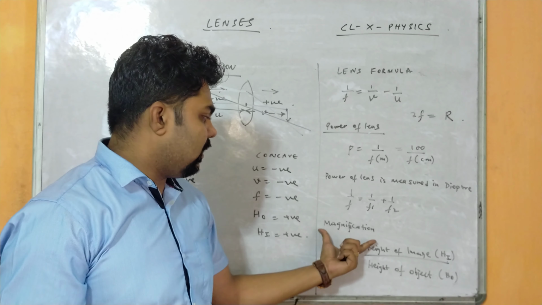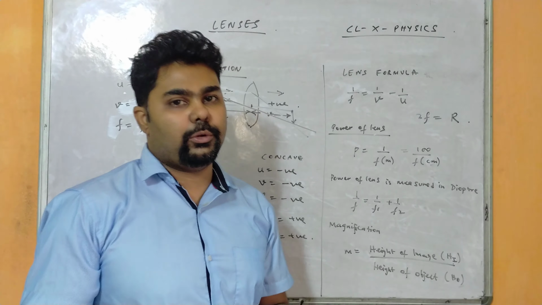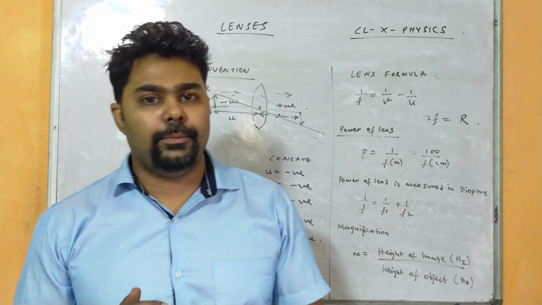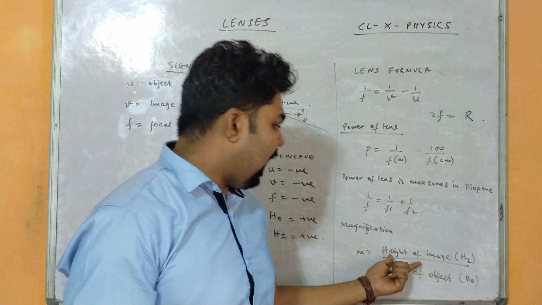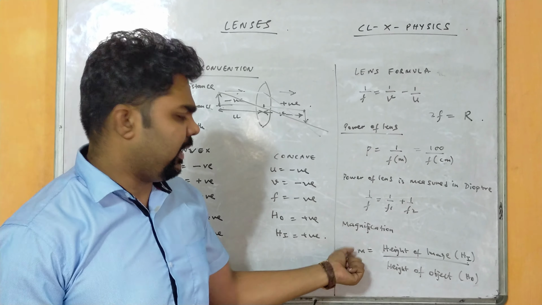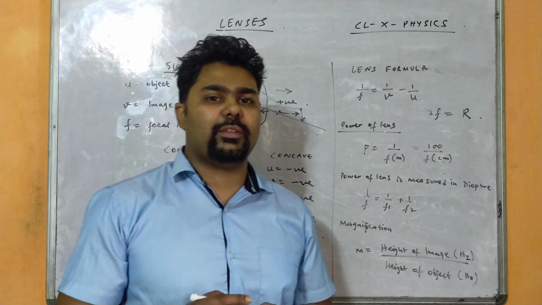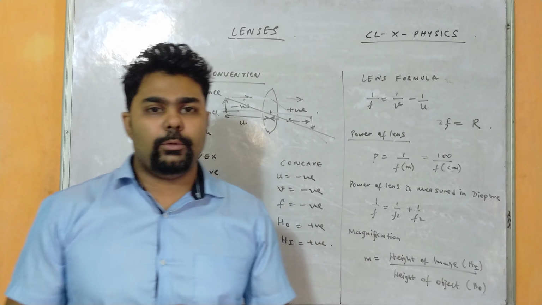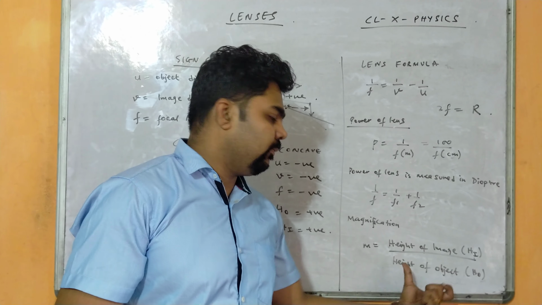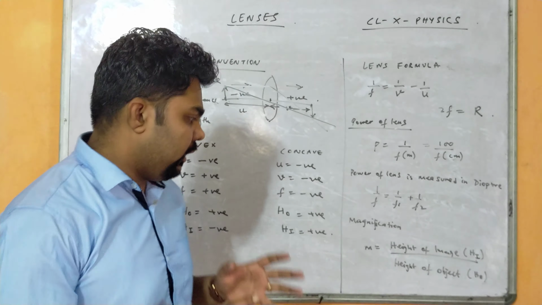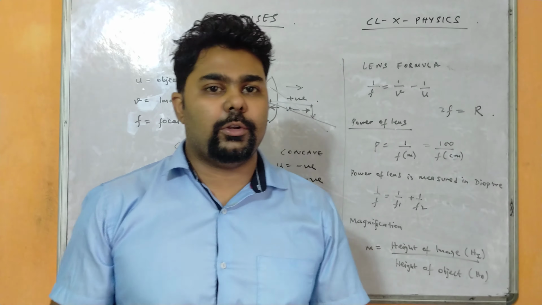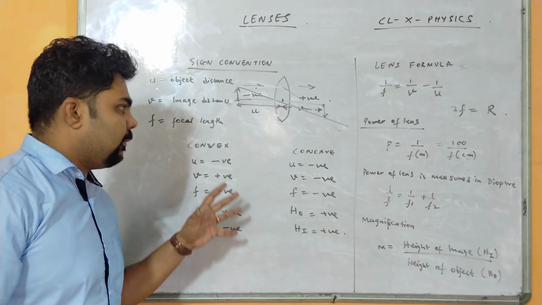And the last topic which we have in this video tutorial is magnification. So what is magnification here? You see, the height of the image to that of the height of the object is termed as magnification. It is also considered linear magnification, which we calculate as the ratio of the height of the image to the height of the object. So it is negative or positive as per real or virtual images, right? So this was all about lenses.